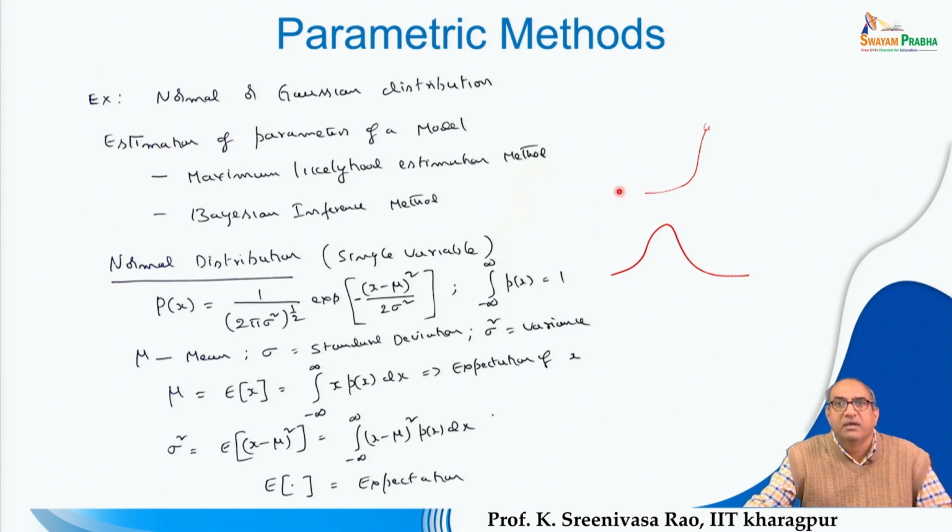For a normal distribution for a single variable, the probability density function, or probability density, can be estimated from a Gaussian distribution with the given parameters. By using this expression, you can compute the probability density, or you can say the probability, of a feature vector from the given Gaussian distribution defined by the Gaussian parameters, right. So P of x, the probability of x, where x is a feature vector, can be estimated from the Gaussian distribution. Here the parameters are mu and sigma, where mu is the mean vector,